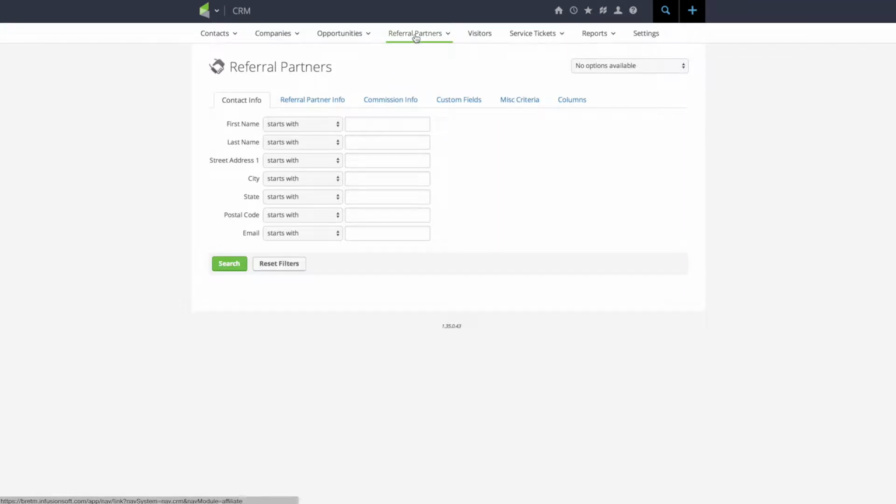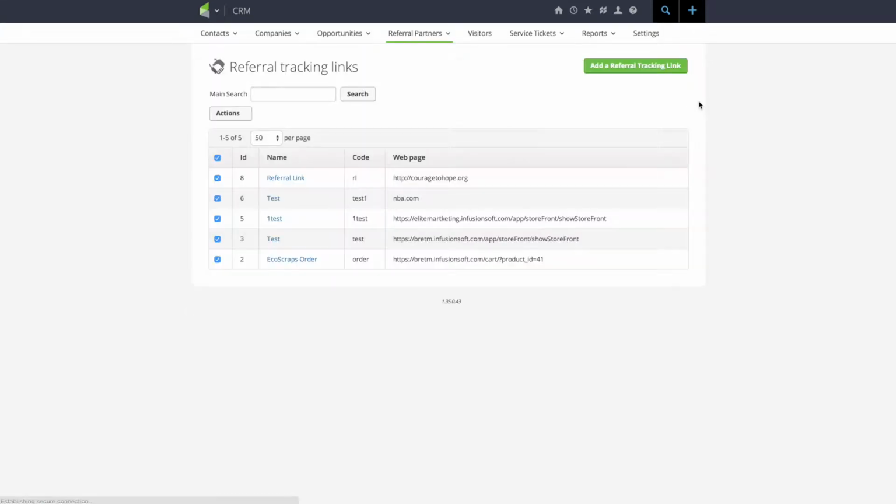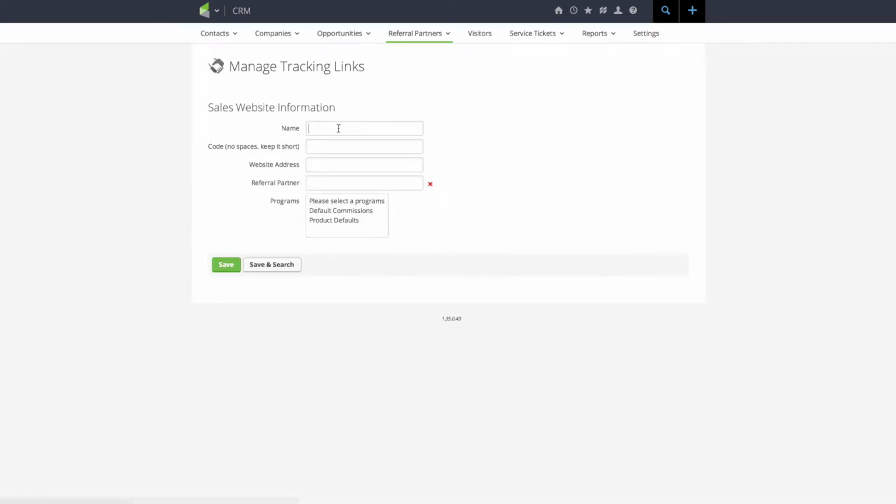And then under referral partners, we're going to create a tracking link. Okay, so we'll go and add a referral tracking link. And what we're going to do here is this is the link that we're going to use to send the referee, the person that the new customer is referring, to your website, to the order form, to whatever it is that they're getting referred to. You might as well just send them to the website. That's totally fine. So we're going to call this referral